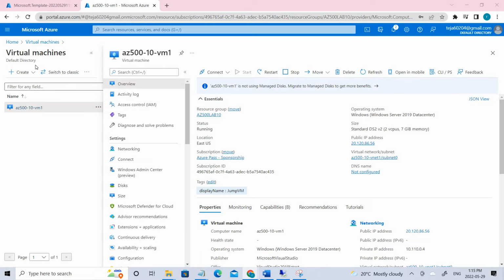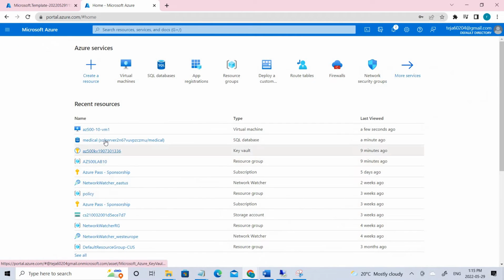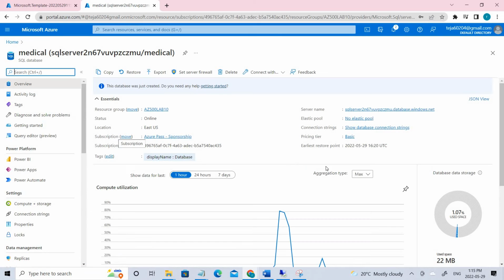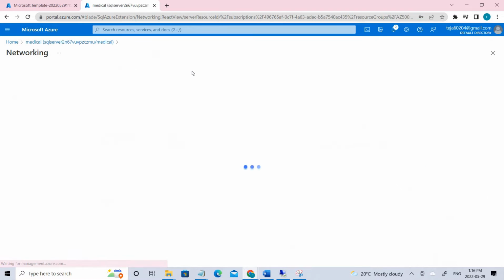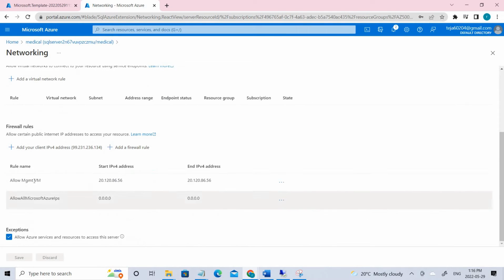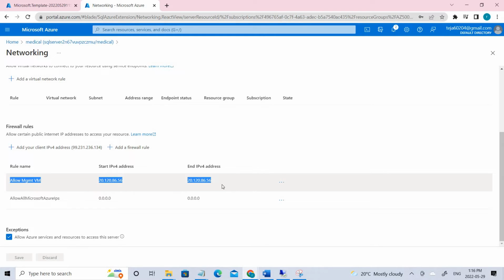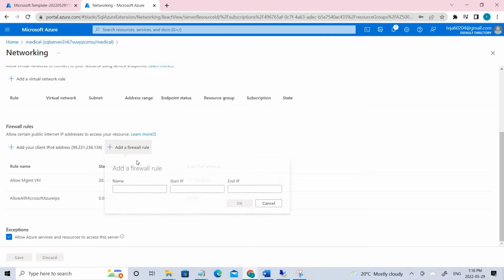Again, you have to go back home and click this medical, and under essentials you have to copy the server name. There you go. Make sure you copy the server name, as it will be used in the next task. Then you have to set the server firewall, which is this one. Click server firewall, and here you have created a new one. This is what you have to create, and these are the public IPs of that virtual machine. You can just click add firewall rule. In this case the name is this one, and these are the IPs of the VM that we copied in the previous task. Once this is done,